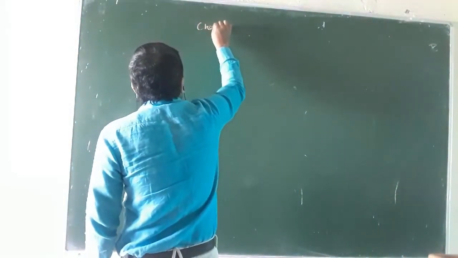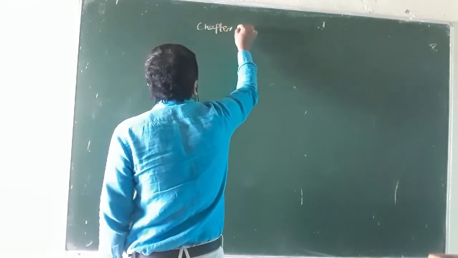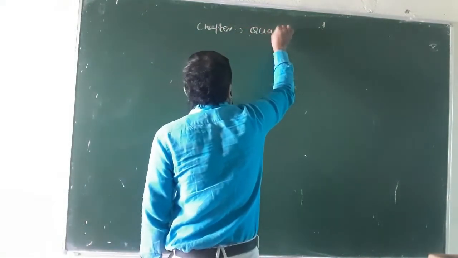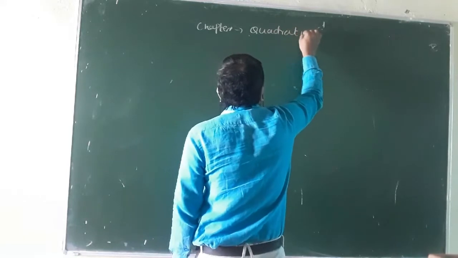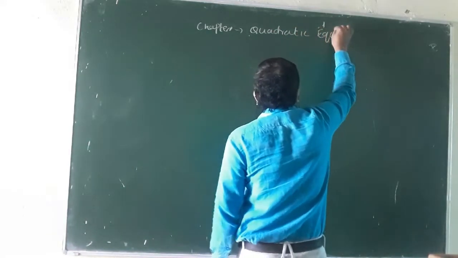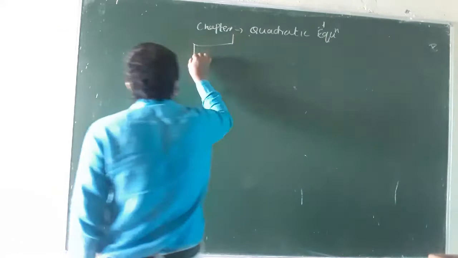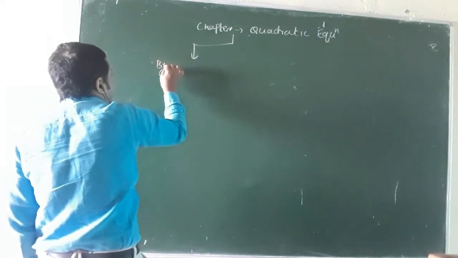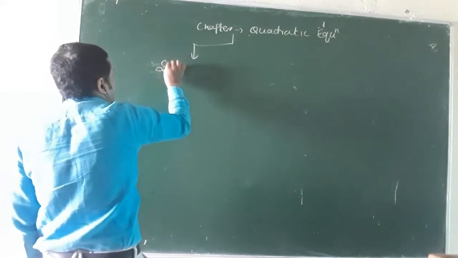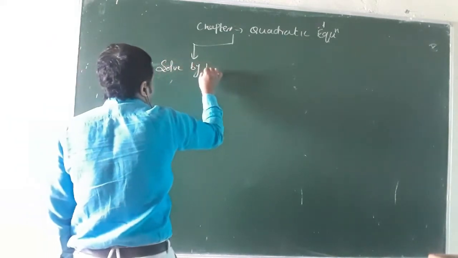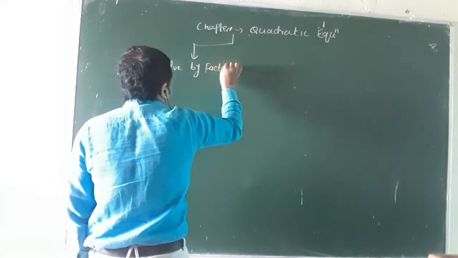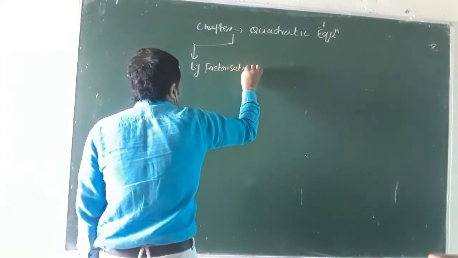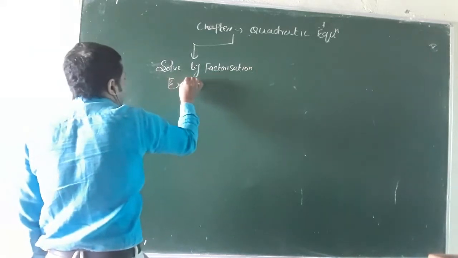Now come to the chapters. What is the chapter? Chapter quadratic equation: here in the book you can say that quadratic equation is divided into four parts. Part one is where you have to solve by factorization. ये फर्स्ट चैप्टर है जो कि आपको बुक में भी मिलेगा, जिसको आप देख सकते हैं। अगर RS अग्रवाल में देखेंगे तो ये हो जाएगा 4A।